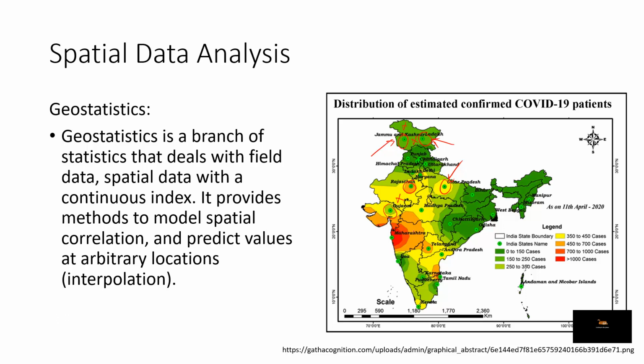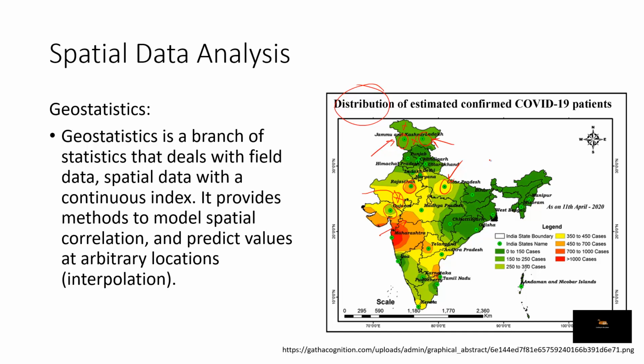So how do we understand the data between these points, or how do we get the approximate data in this middle area where the data has not been collected? Okay, so it can be interpolated by using the geostatistics